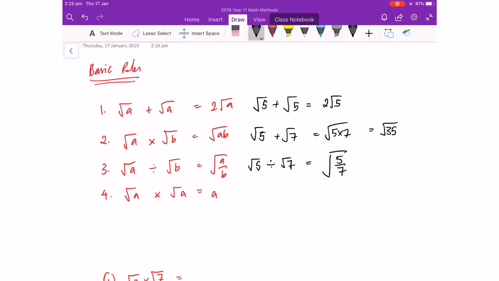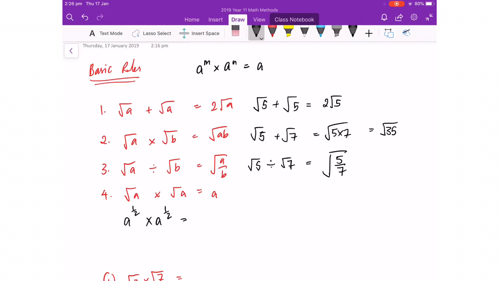This is in conjunction with, or linked with, the index laws. If you recall, you might remember that square root of a is also equal to a to the power of a half. There are two ways you can write it; that's the index form. If I write it like this, I can actually use my index law. Do you remember,